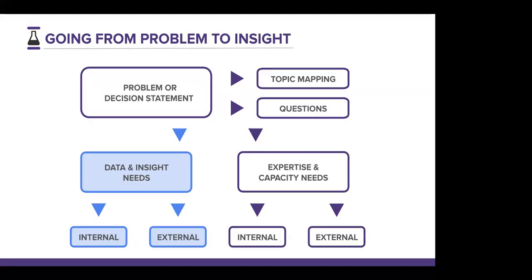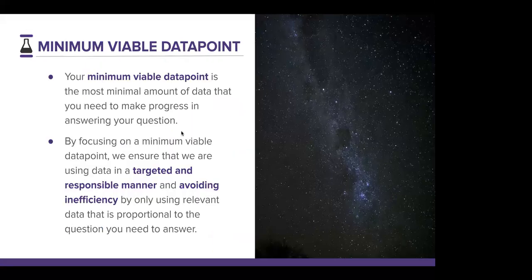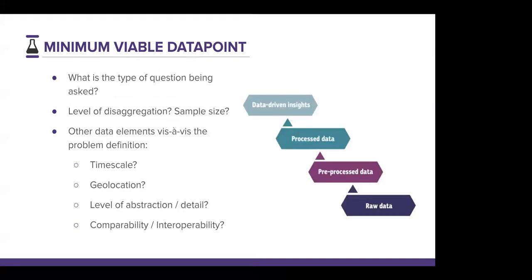a problem from a governance perspective, because it doesn't dovetail with this notion of proportionality, which is a fundamental data governance principle, right? You only use the minimum data that is needed for the purpose or to answer your question. But it also leads quite often to noise, because you then get all kinds of data sets that might not be relevant. And so here the question is, what's the minimum viable data point in order to become more targeted?